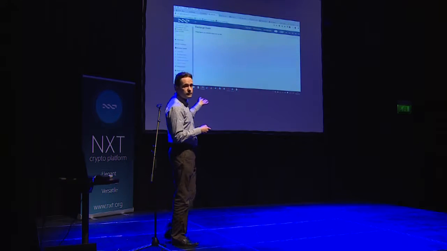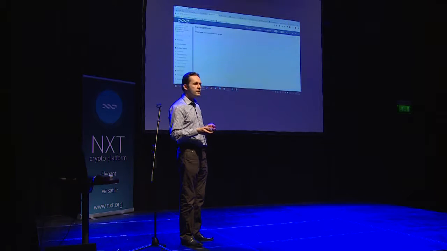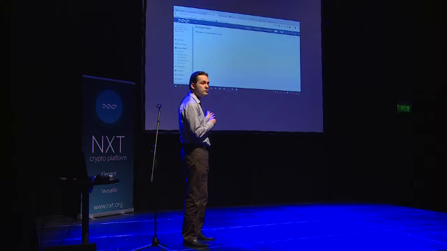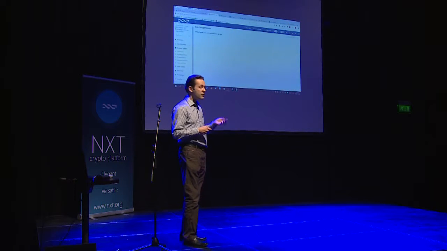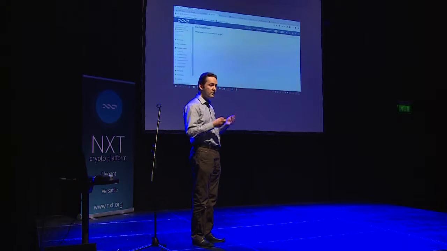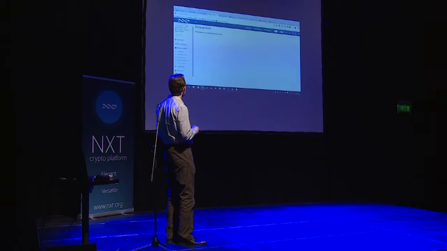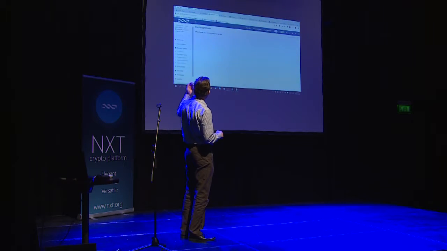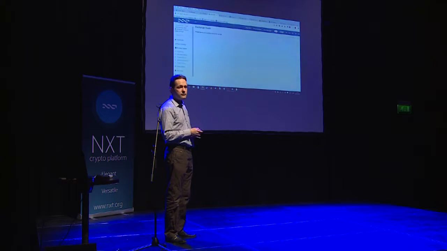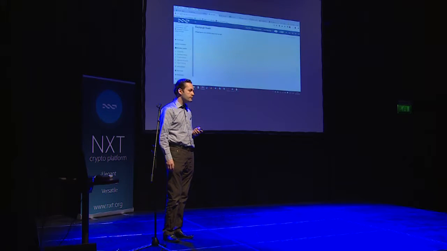This is not finished. There is much more that is possible, but I think these two things are the real basis of NXT. It's no intermediaries where you don't need them, and that doesn't mean that you don't need them at a certain point, because sometimes it is good to have someone with knowledge. But if you don't need them, cut them out. And it's easy. It's as simple as that. It's very easy to use the API and start coding yourself.